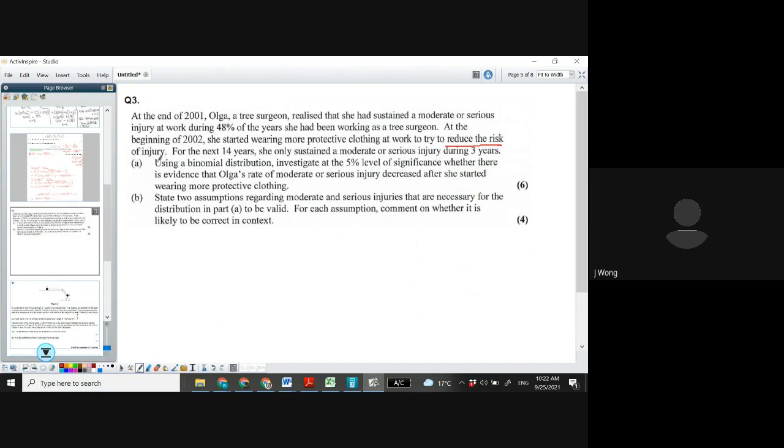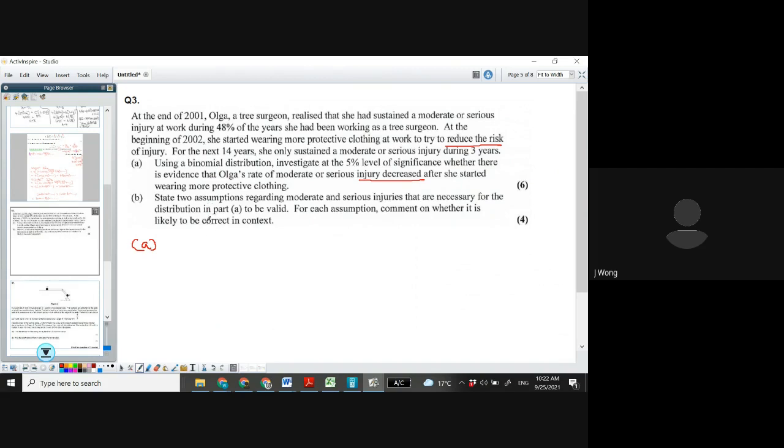So in part A, they suggest we use a binomial distribution to investigate at 5% significance level whether there's evidence that there's a decrease in her serious injury after she has put in some protections. Okay, fine. So they tell us already this is a binomial hypothesis testing. So that means we're testing for some sort of probabilities. Okay, so here,